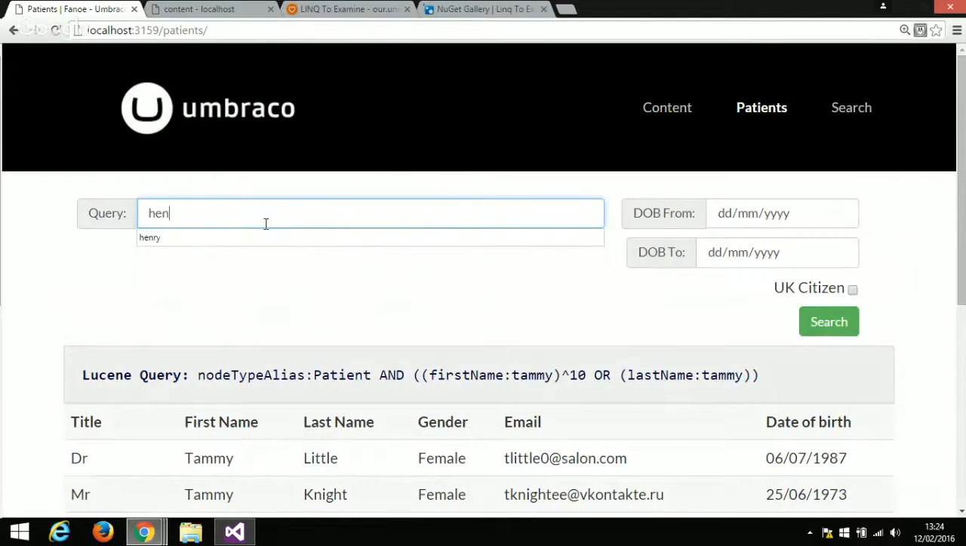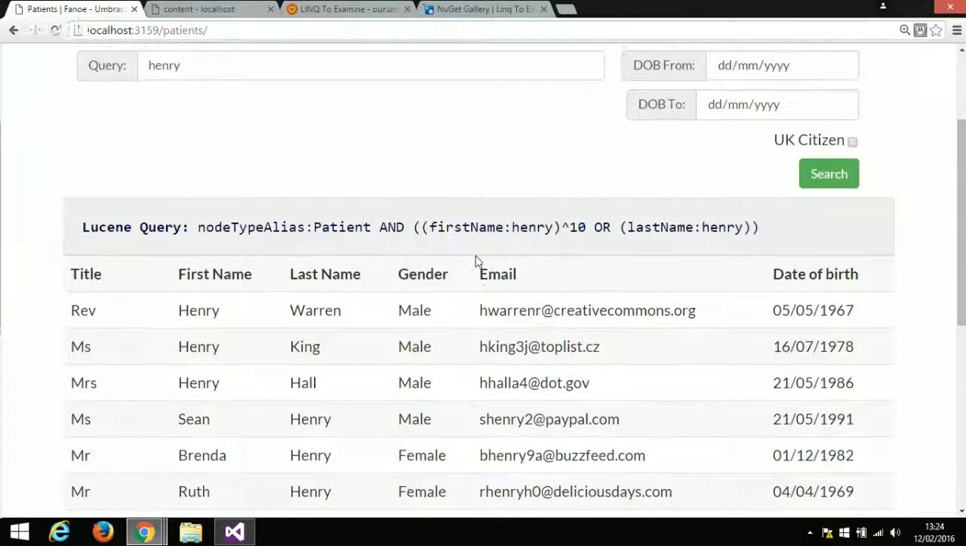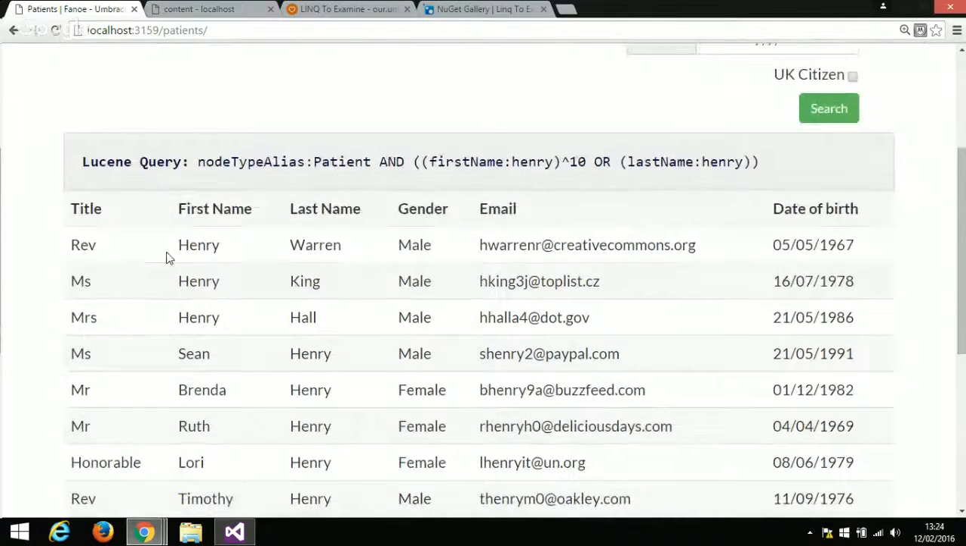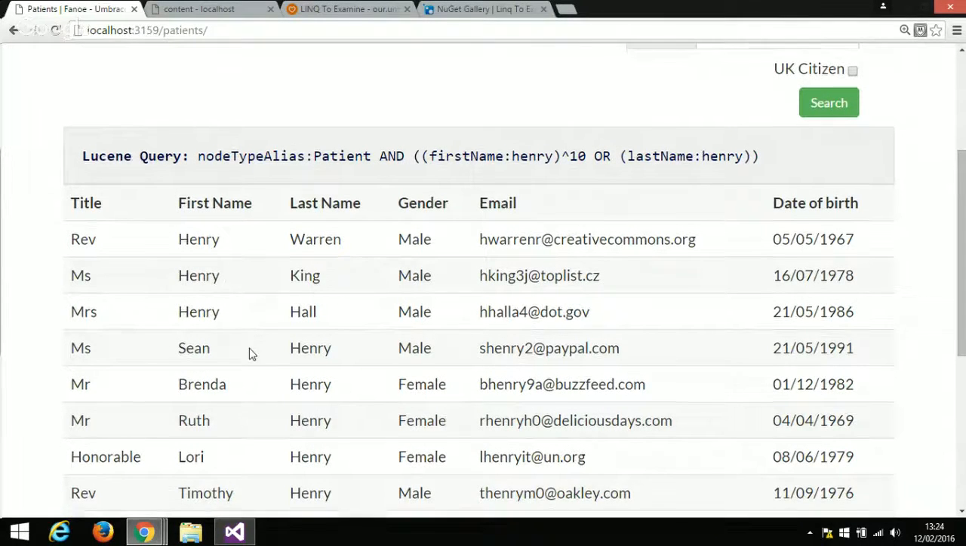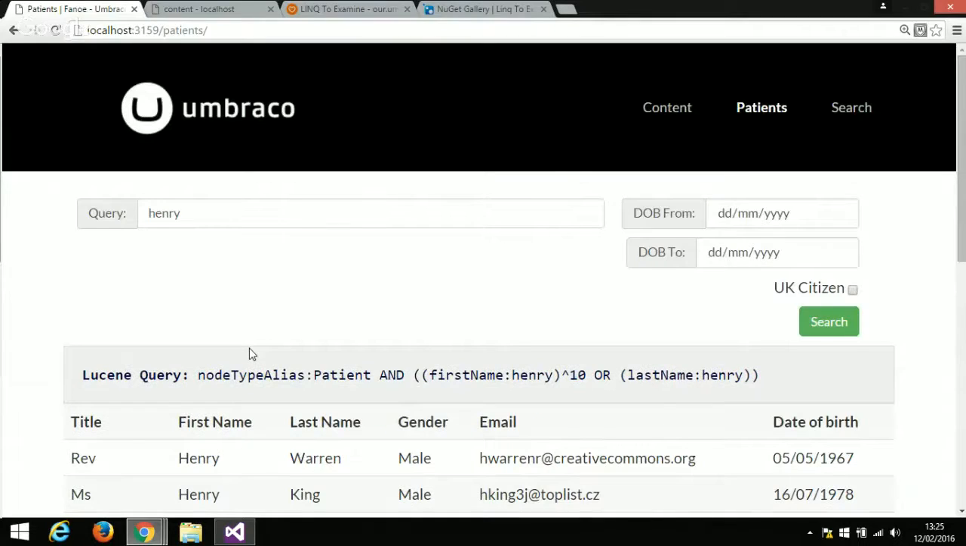Maybe there might be someone who might have a last name. Yeah, so there we are then. So we got Henry. So the three Henrys with the first name are listed first, and then anyone that's got Henry as a surname is listed afterwards. Now, as well as that, if you wanted to,